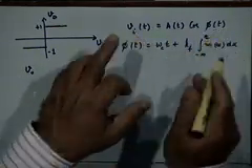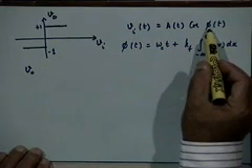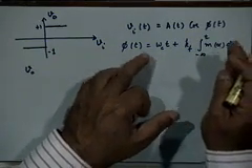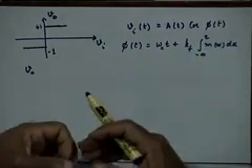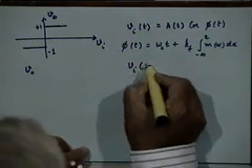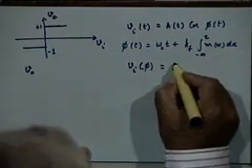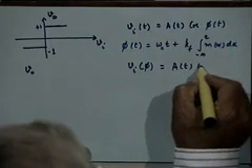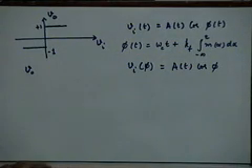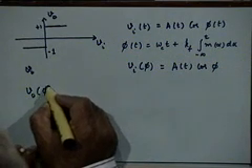So, think for a moment of the input not as a function of time, but as a function of this variable phi, where phi is this complete function of time, right. Phi of t depends on time. So, let us say there is a parametric relationship between phi of t and t, right. So, you can think of Vi as a function of phi, which is simply A(t) cosine of phi, right. Let us try to understand this function a little bit. Now, particularly, let us try to understand what is V naught as a function of phi.